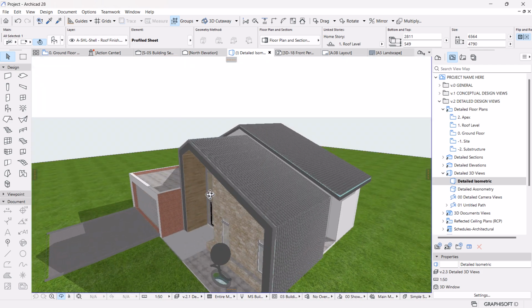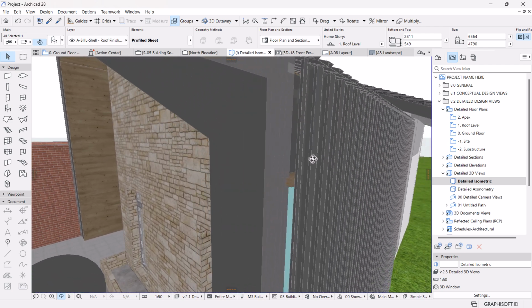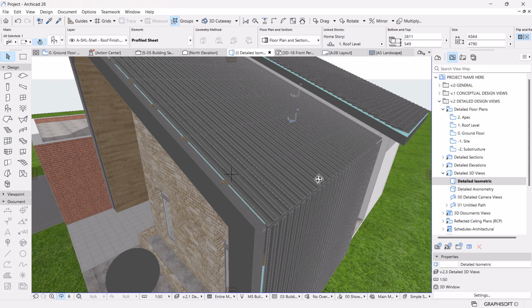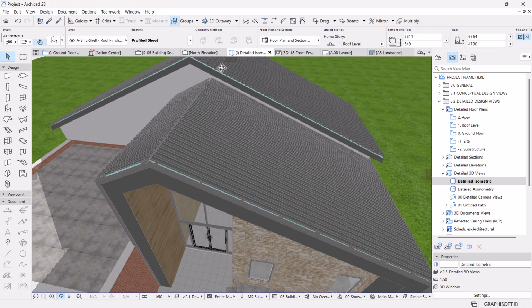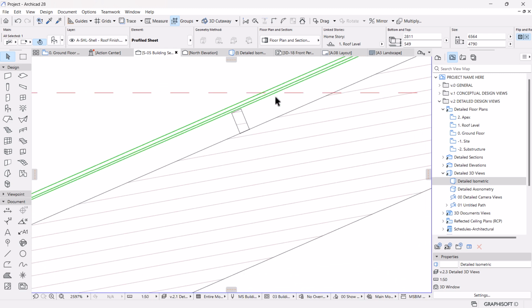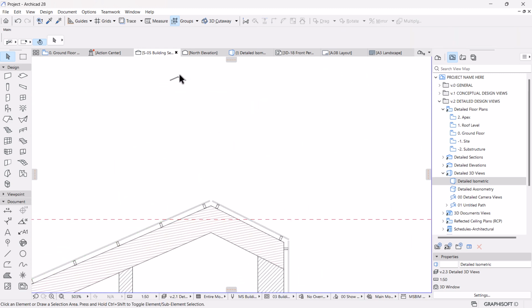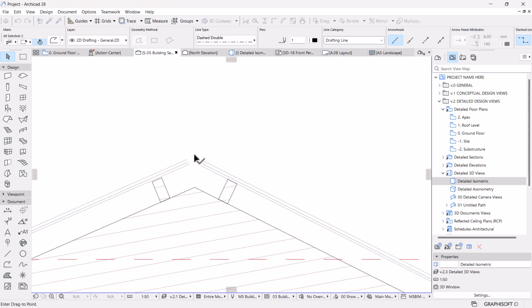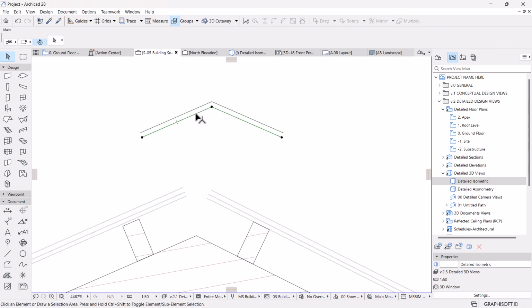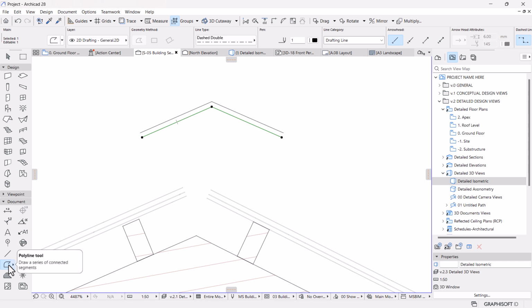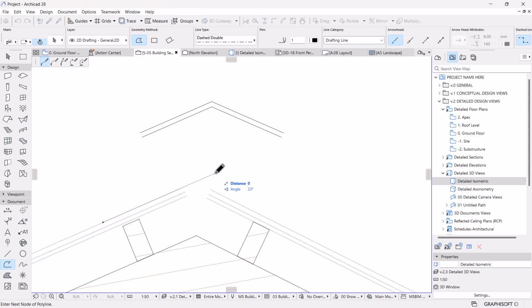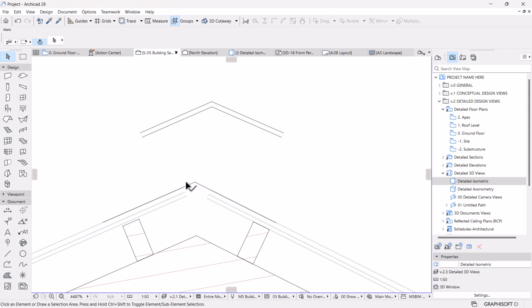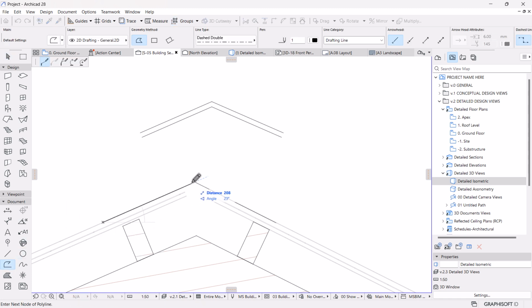So I'm impressed. Now it will be the joint between the cladding here and then that way. If you go to the section, I have prepared a profile for the ridge. I'm going to just take it here and place it somewhere there, or I can create a new one from scratch. If you activate your polyline here, you can easily draw your wall like that. I mean your line, and then another line, trim it off, and also retrace it again with a full polyline